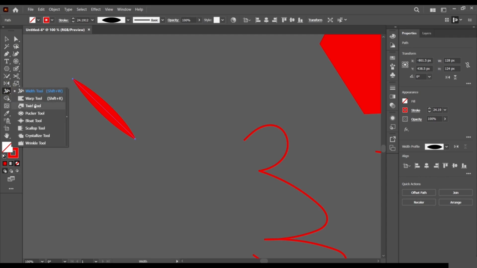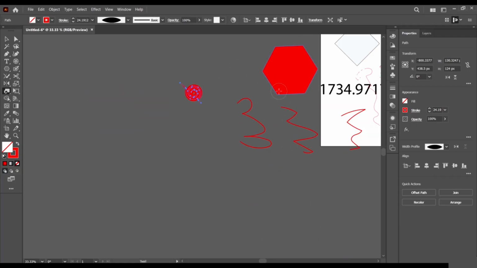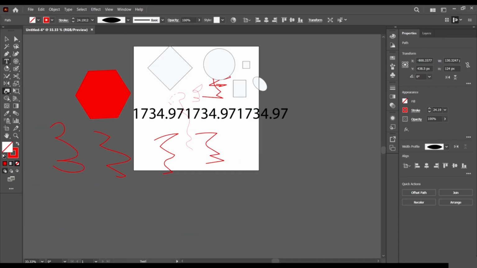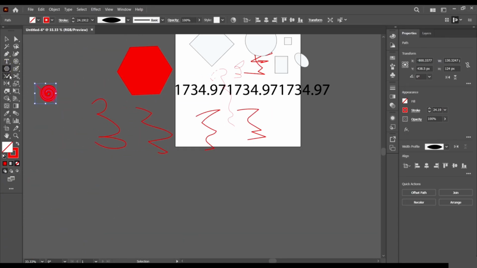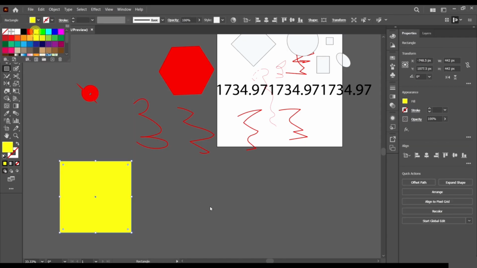I have other tools here. We have the warp tool, the twirl tool, which does stuff like this. It kind of distorts our shape. Let's just draw a normal shape and see. Let's draw a rectangle and give it no stroke and a yellow fill.